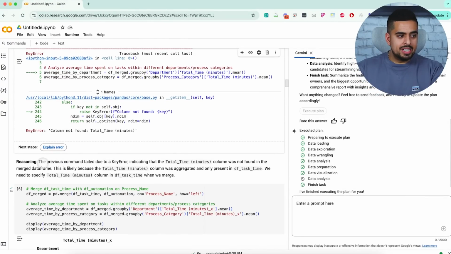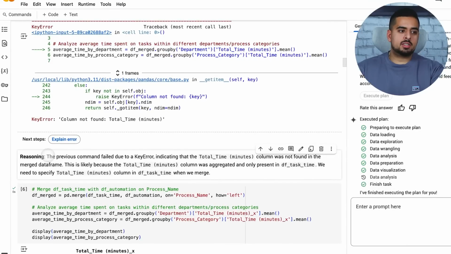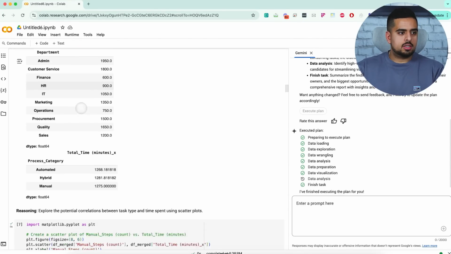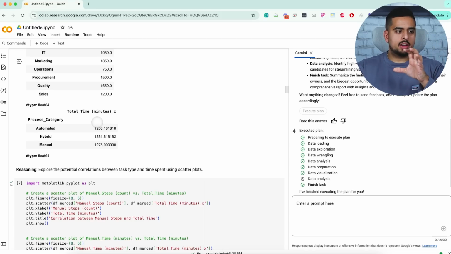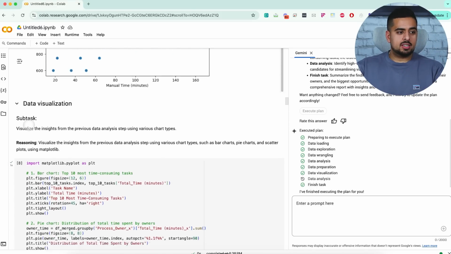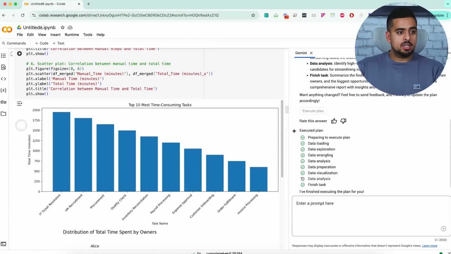It then reasoned to correct itself, saying the previous command failed due to something called a key error. If you're not development inclined, don't worry about what that is. It then fixes this error to basically structure the time and allocate what it looks like from different processes and categories. If we move on to the data visualization section, you'll see it dives a bit deeper, doing things that,